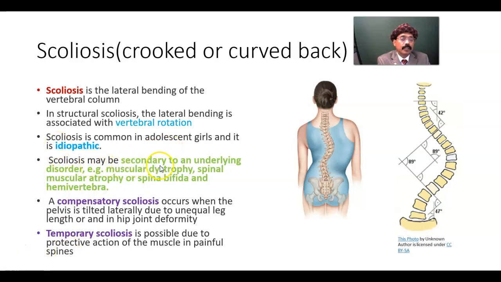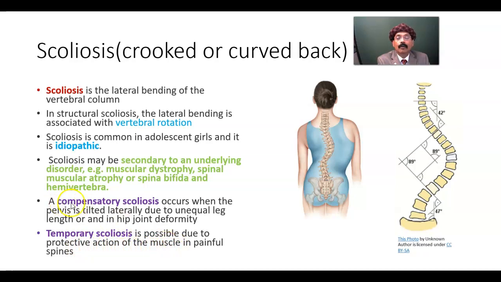Scoliosis may be secondary to an underlying disorder, that is muscular dystrophy, spinal muscular atrophy, or spina bifida, and hemivertebra, where one side of the vertebra may not develop, so the vertebral body looks like a wedge, so there will be scoliosis. Temporary scoliosis is possible due to protective action of the muscle in a painful spine,